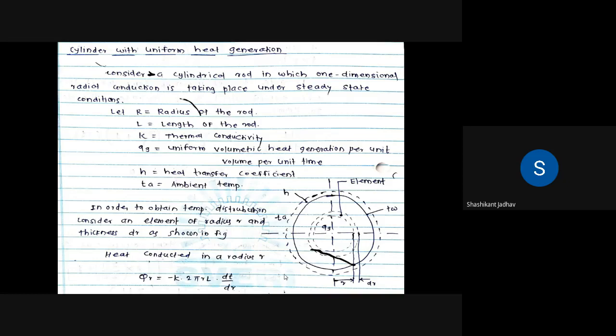Okay, and then second boundary condition, heat generated is equal to heat lost by conduction at the rod surface. म्हणजे त्या एलिमेंट मध्ये जी काही हीट जनरेट होत्या त्याच्यासाठी आपण काय लिहू शकतोय? Heat generated is equal to heat lost by conduction at rod surface. So from that we have to write down the equation, and this is the second boundary condition. So from that we get the one equation.